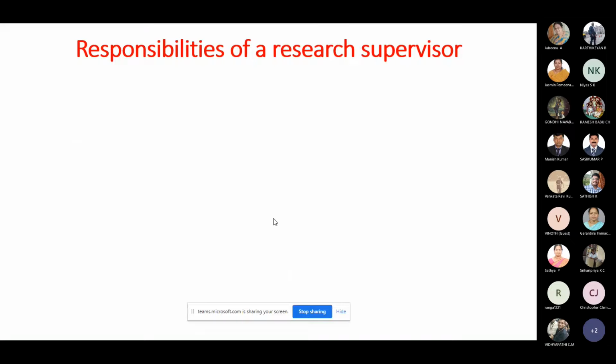What is the responsibility of a research supervisor? Similar to that list, I also have some list here. Estimating the ability of your research scholar. This is really interesting, right? How do I estimate it? The moment when